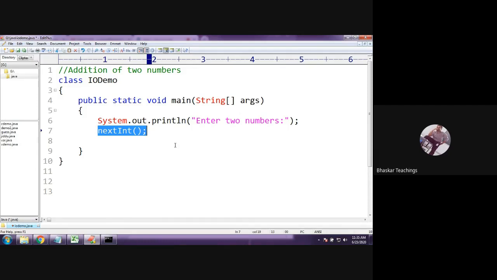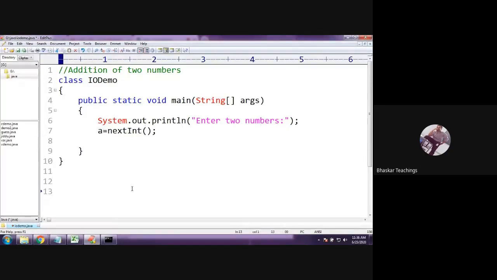Input means integer value. Here we are going to perform addition of two numbers, right? Therefore, he is going to enter numbers only. So we shall use this method, nextInt. This is going to read one integer value from the user. And now this integer value has to be stored somewhere, right? So let us say A is going to store the value.